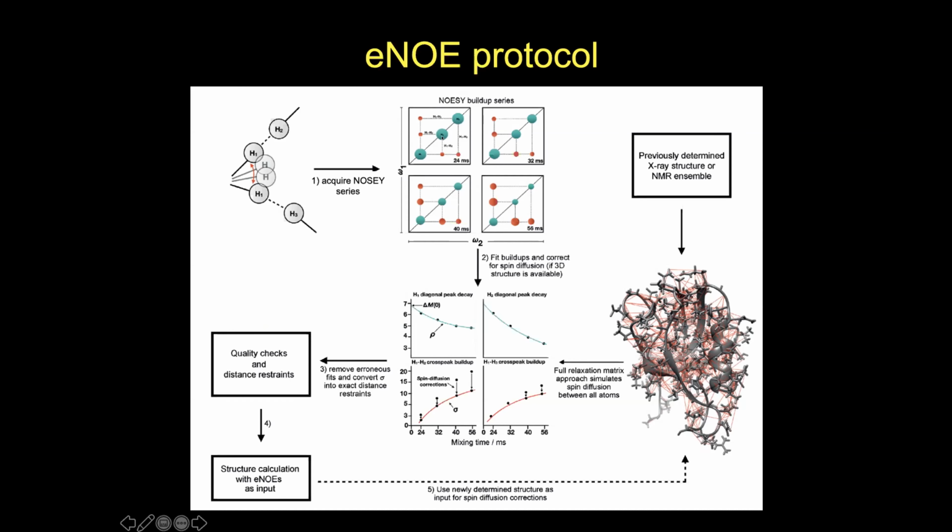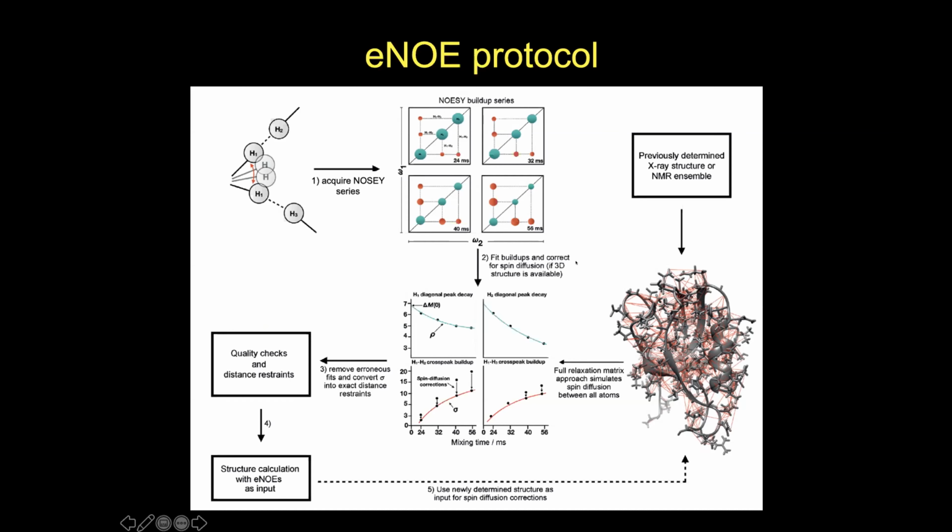That's because part of the magnetization is passed on to neighboring spins, and this gives rise to the famous NOESY cross peaks, shown in red here. And these peaks build up over time, at least within a specific time window. You cannot mix too long. Then we